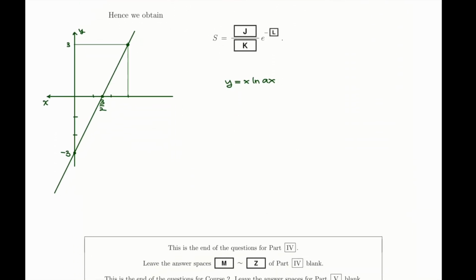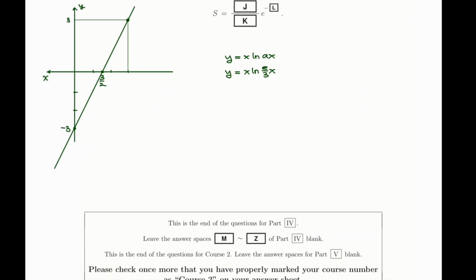So if I find the x-intercept of this graph, y is equal to x ln(ex/3). If we want to find the x-intercept, then just set y as 0. 0 is equal to x ln(ex/3). So I have two points of intersection with the x-axis. The first one is from here, which is x equals 0. And then the second one is from this expression, ln(ex/3)